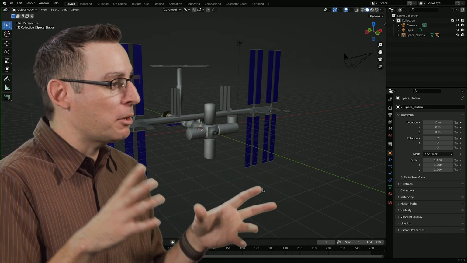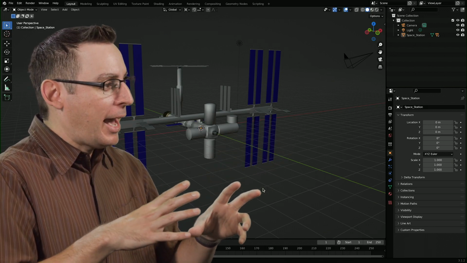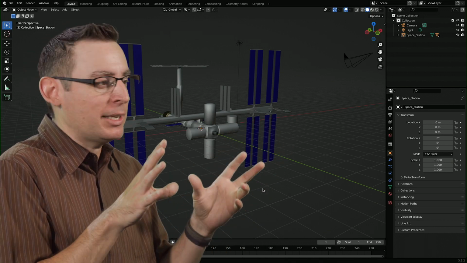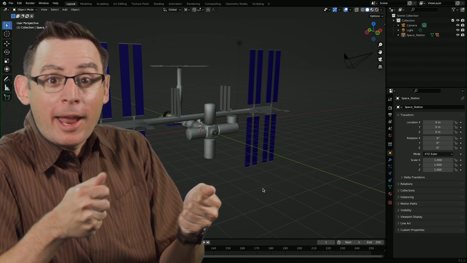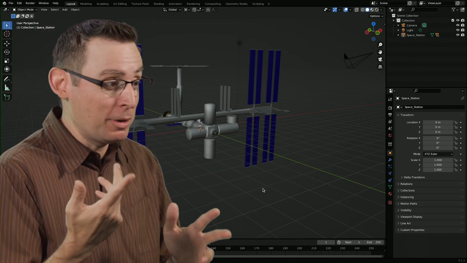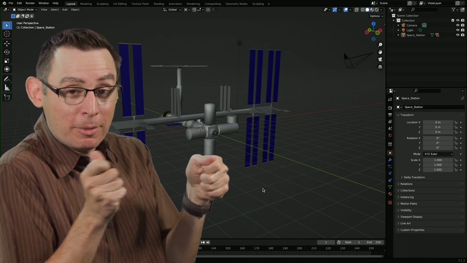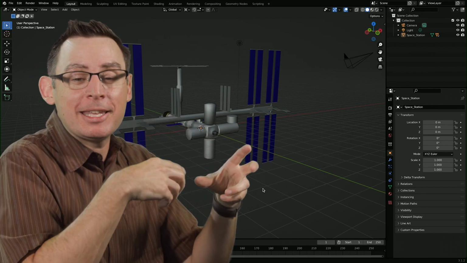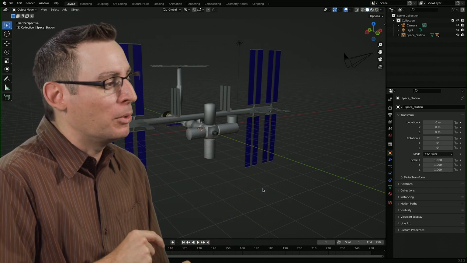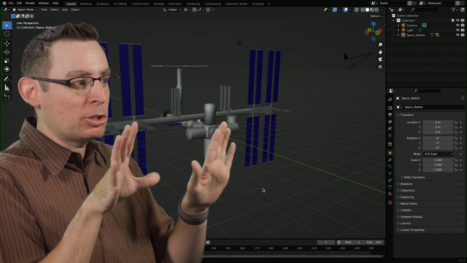Imagine for a minute that we are an astronaut in space. We've undocked and we've gone outside of the International Space Station, and we're cruising around on one of those cool little jetpacks that our astronauts have. And FYI, if you weren't aware of this, yes, they actually have cool little jetpacks that allow them to float around and navigate the exterior of our space stations. It's very cool.